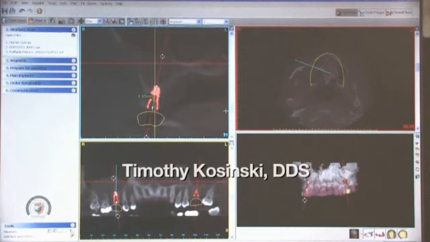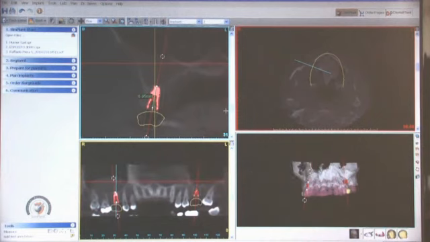Well, one of the issues that we have in the posterior maxilla, obviously, is the large sinuses. Living in Michigan here, we have a lot of patients that have very large sinuses. And our concern is, can we actually place implants? Do we have the quality and quantity of bone that we need to predictably place an implant, a long enough implant? And with CTs, we're now able to